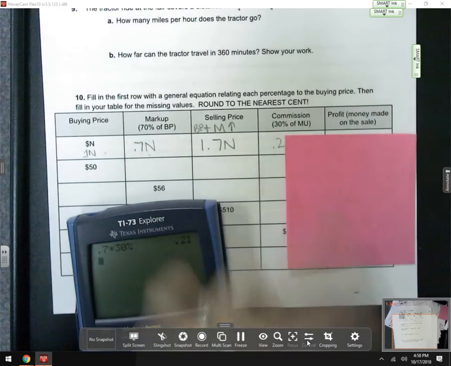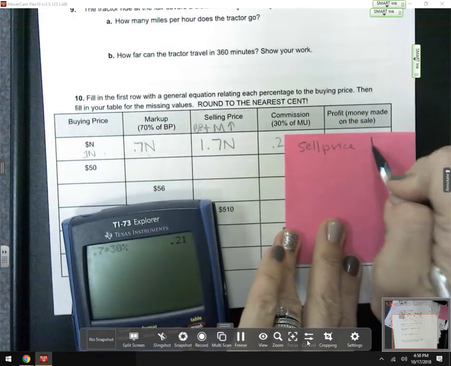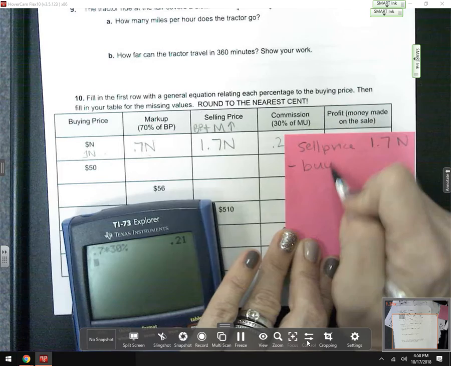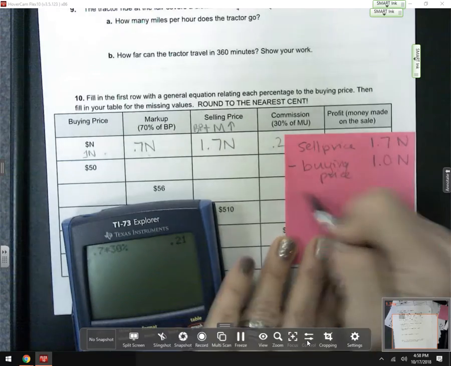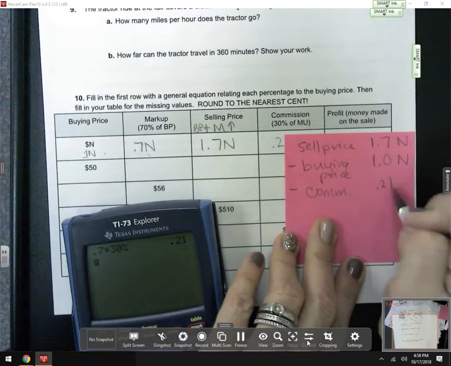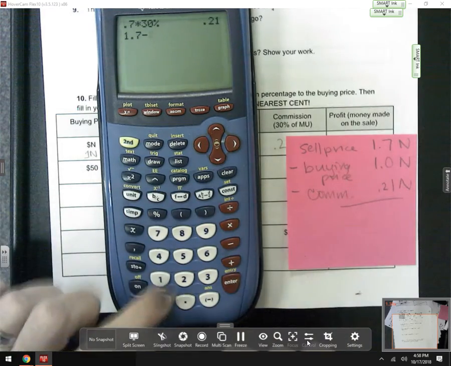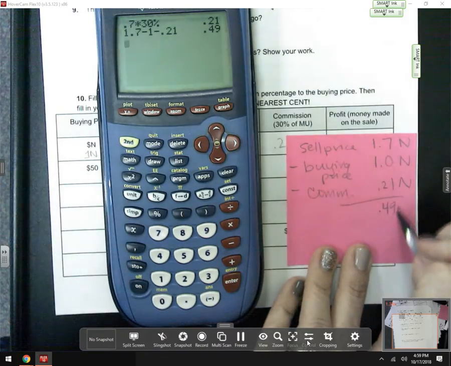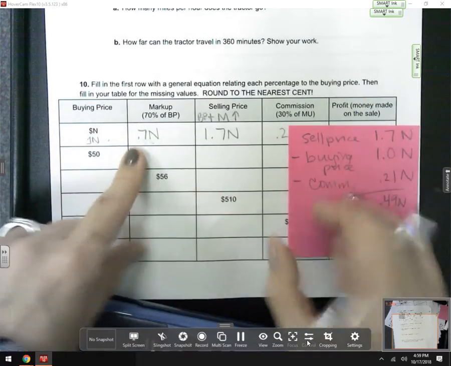profit is our selling price, which was 1.7n, minus our buying price, which was 1n, and then also minus our commission, which was 0.21n, right? So if we did 1.7 minus 1 minus 0.21, that gives us 0.49n. And again, the other way we can look at it is we can just look at the markup,